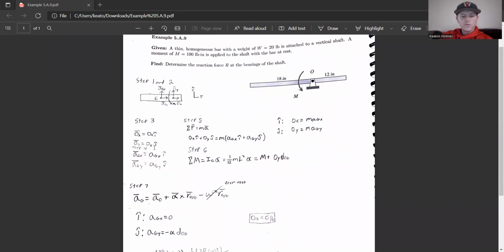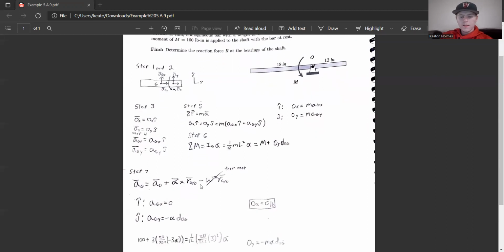Step four, we do our accelerations as vectors. So AGX in the I direction and then AGY in the J direction. And then we have step five, which is the sum of the forces equals the mass times acceleration. So we set it up right there. And then step six, we go into our sum of the moments equation, which is IG times alpha, and then our sum of the moments is the moment plus OY times the distance from O to